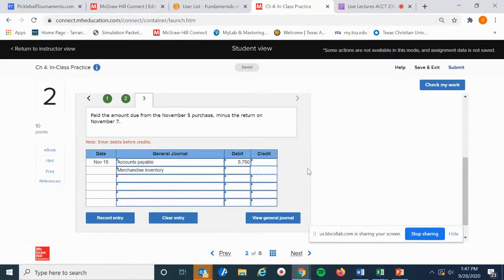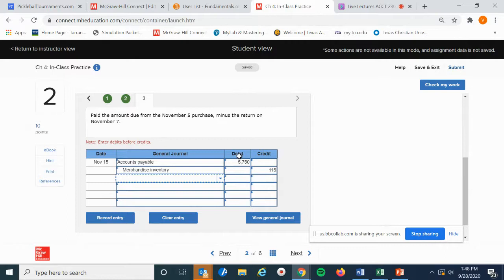The discount is 2%. So if I take 2% and multiply it by 5,750, I'll see that I need to credit merchandise inventory $115. And then the rest will be the cash payment,